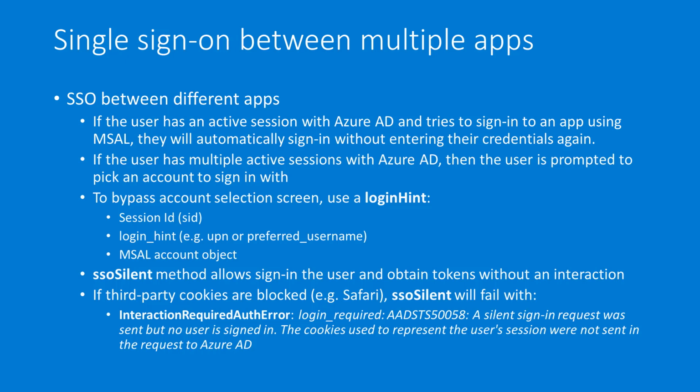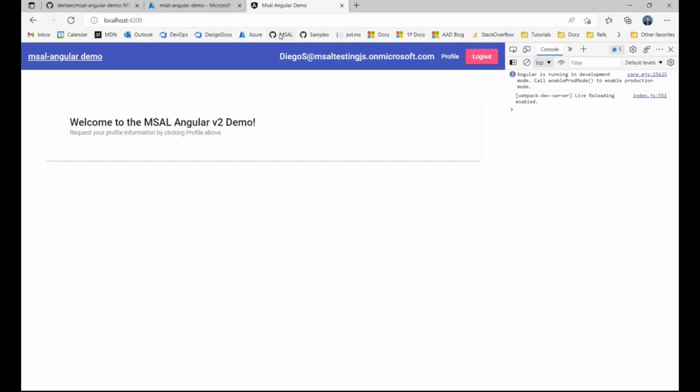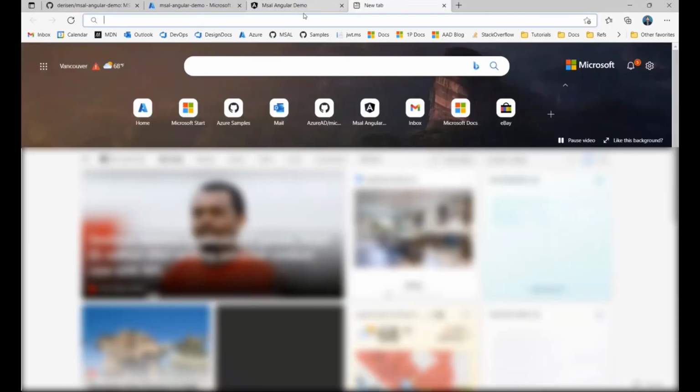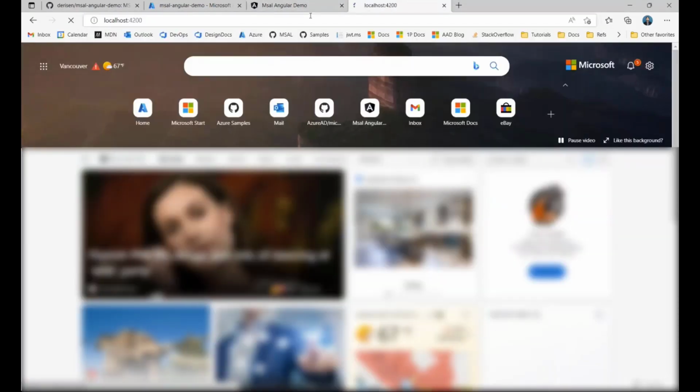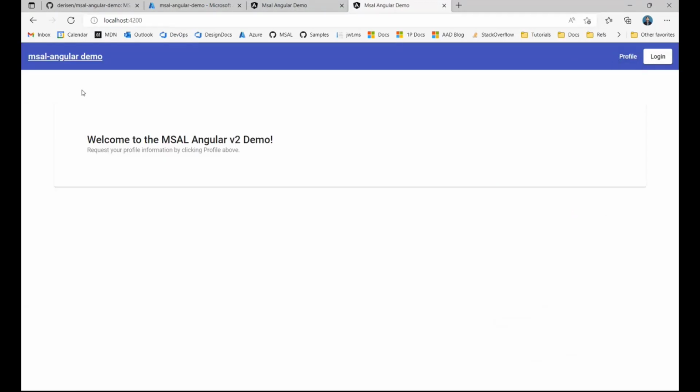So I'll take a step back and just show you how this works. I have my application and my user signed in here. Now, if I go back to this tab, my user is not signed in on this tab. And we can make this work out of the box very simply. I'll come to that later on. But since I already have an active session here, if I click the login button, I should just sign in. There we go. So you just saw a brief flickering and transition, and then we immediately saw the UI updated.